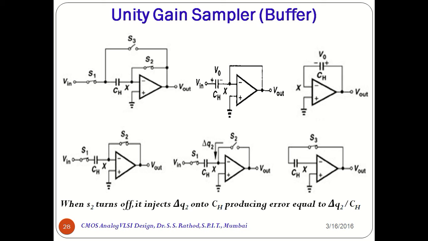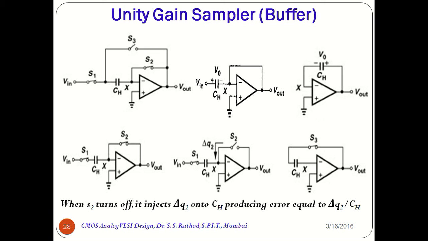However, charge injection by S1 introduces no error if S2 turns off first. After S2 turns off, node X floats, maintaining a constant total charge regardless of the transitions at the other nodes of the circuit. As a result, after the feedback configuration is formed, the output voltage is not influenced by the charge injection due to S1. From another perspective, we can say that node X is a virtual ground at the moment S2 turns off,